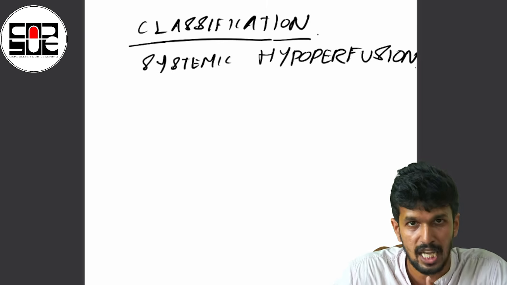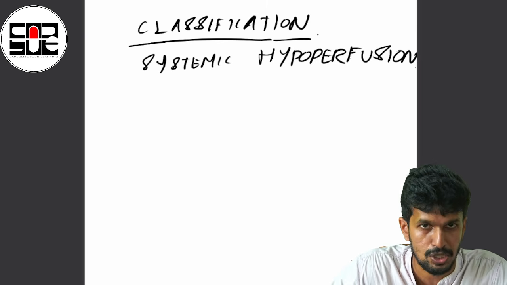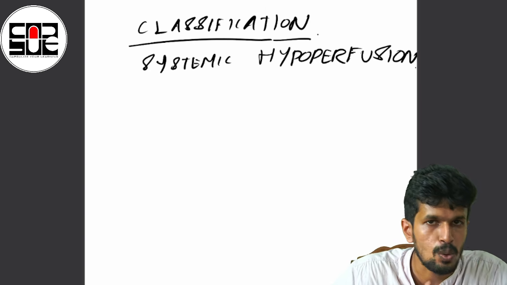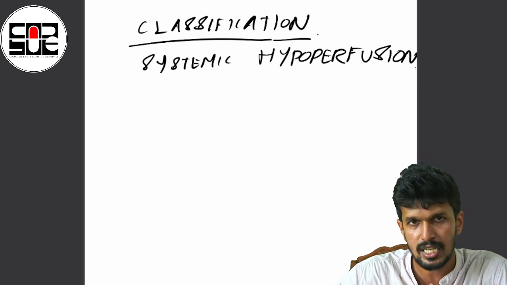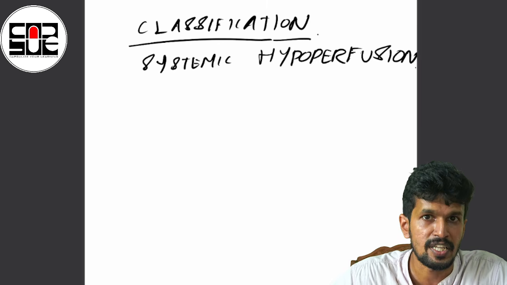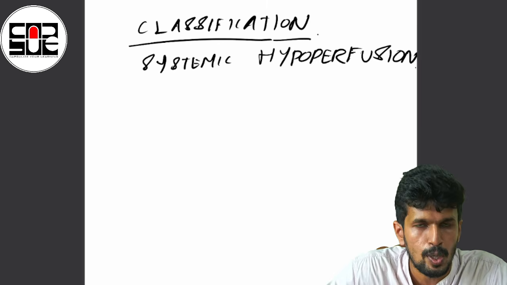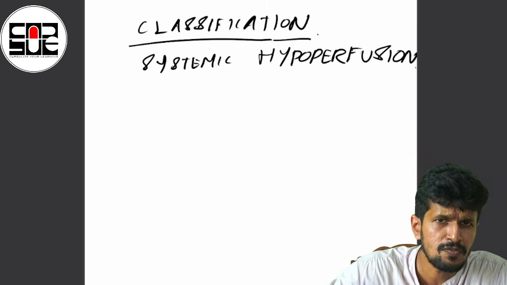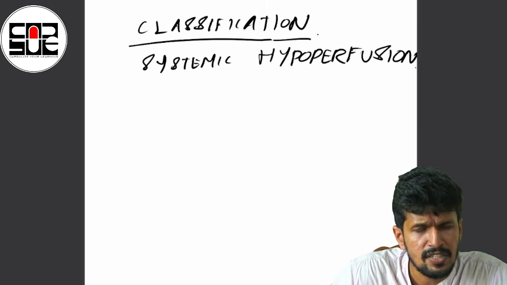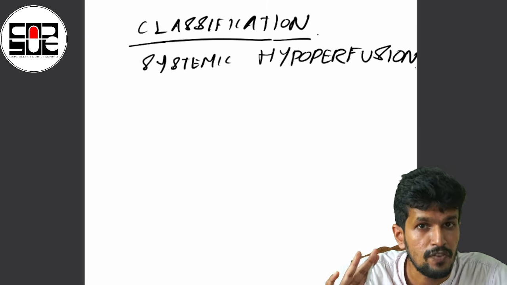That is, a patient with hypovolemic shock can also have a septic shock, or these things can coexist depending on the clinical scenario. So these are not things which we blindly mug up from these headings. We need to understand and correlate clinically what is happening in the human body. Just for basic definition's sake, classification, shock is classified into 5 types.